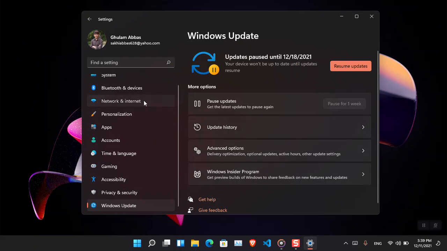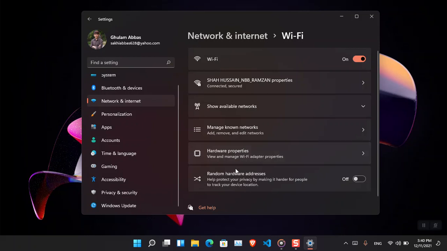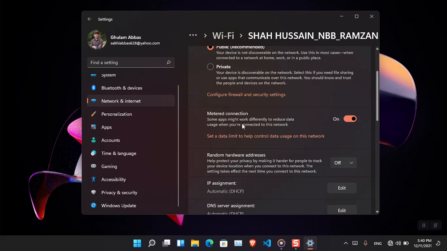Just click network and internet. After that one, you have to click on the Wi-Fi which you are connected. After that one, once you are there, now click on the network that's connected, which is this one. And after that one, if we scroll down, you will see the option of metered connection, which I have already turned it on. You can see that it's written the set a data limit to help control data usage on